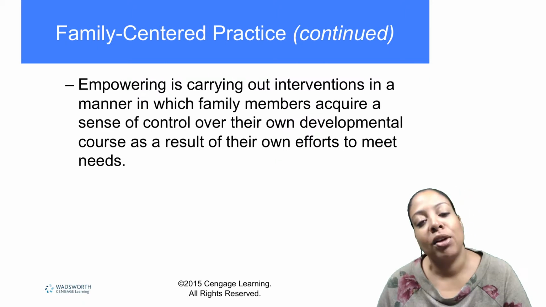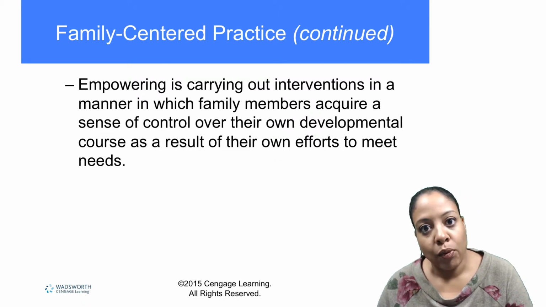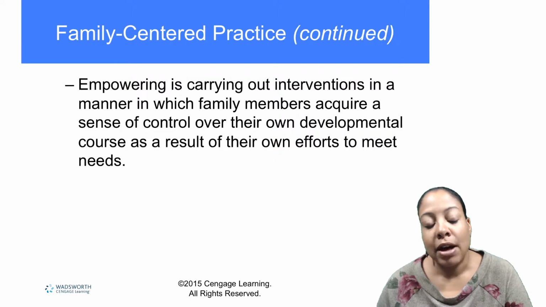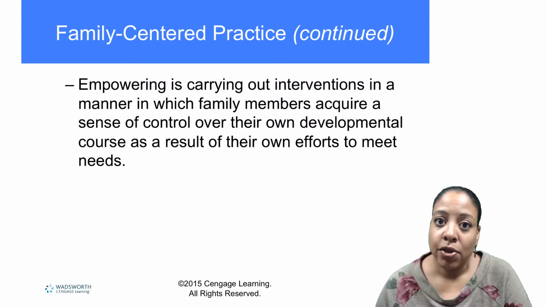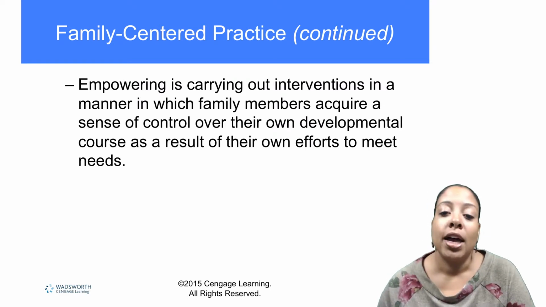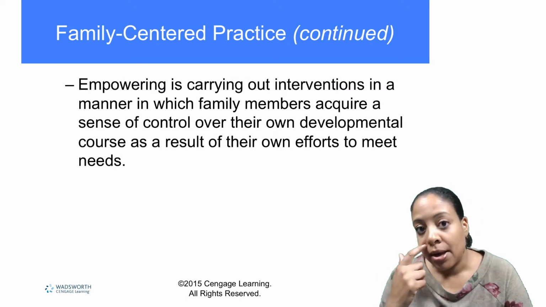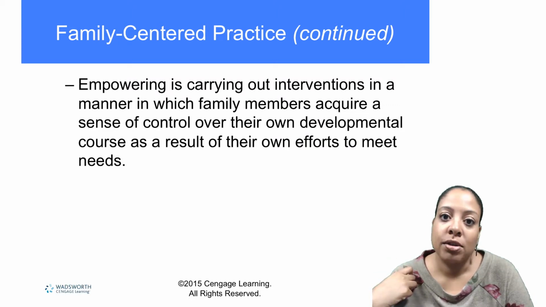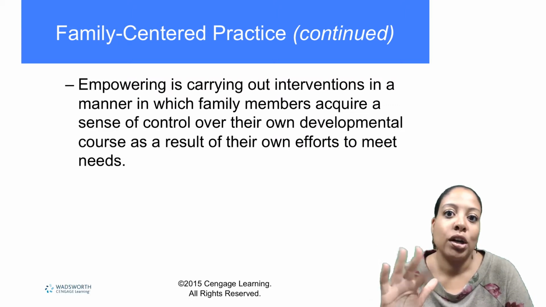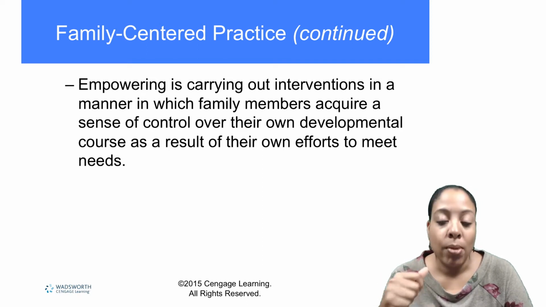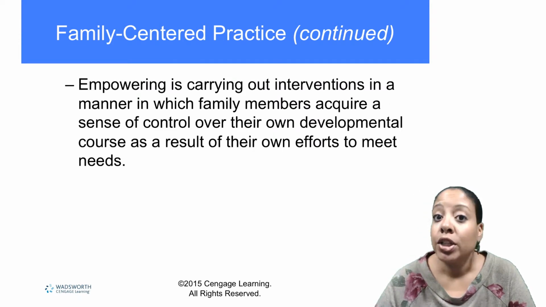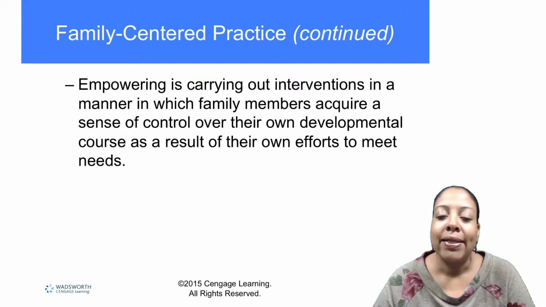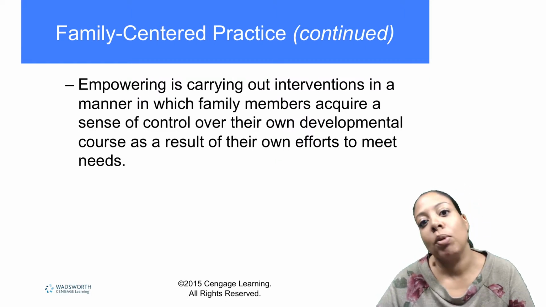Something interesting that's happening right now with the regional centers. Regional centers are statewide organizations that have funding to help support children with special needs. A lot of children get early intervention services before the age of 3 through regional centers. After the age of 3, if you meet one of 5 criteria, you can continue to get services from the regional center. Some of those criteria include diagnoses such as autism, cerebral palsy, intellectual disability, and epilepsy. The regional center is piloting a program called self-determination, and this ties to what we're talking about here.